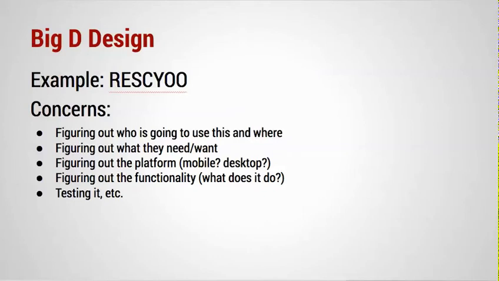What kind of platform are they going to use? Is this something they can use on a phone, or do they need more space? Do they need to use it on a desktop? Do they need to be able to switch back and forth between the two? And then, of course, I have to figure out the functionality. What does it do? What do I do? Do I take a picture of the dog and then type the info in? I've got to figure that out. And then I need to test it. So that's an example of going through the Big D design process,